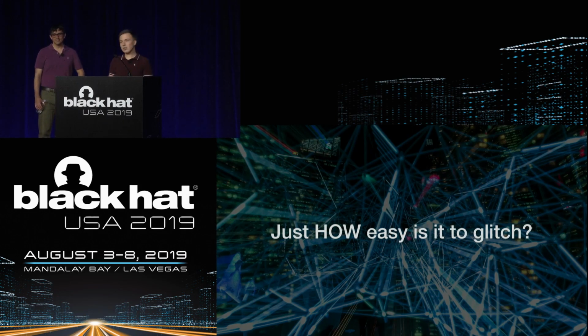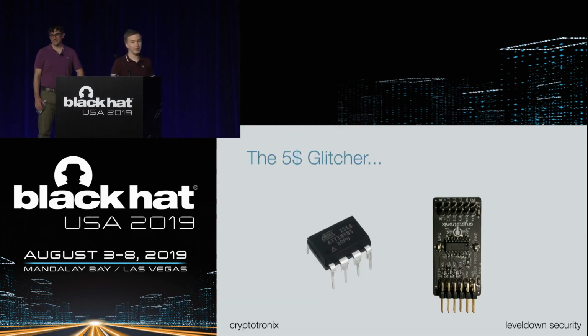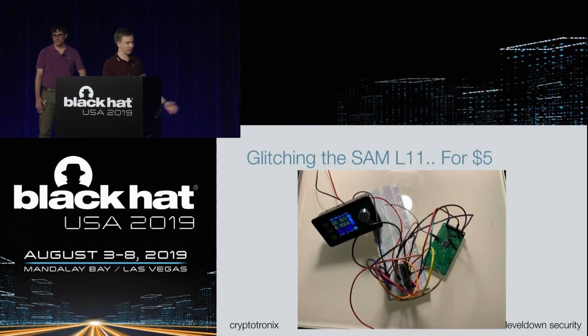And so the idea was, how cheap can we get this glitch? And so we built the $5 glitcher. Basically, we take one of the cheapest microcontrollers you can find on DigiKey, an ATtiny85, the multiplexer, and you end up with roughly $3 or $4 of equipment to glitch this high security chip using a very sophisticated lab setup on a breadboard. So yeah, that's how you break a very secure TrustZone enabled microcontroller for $5.